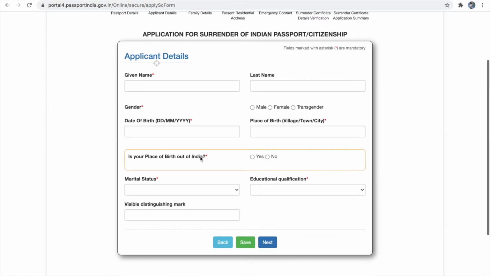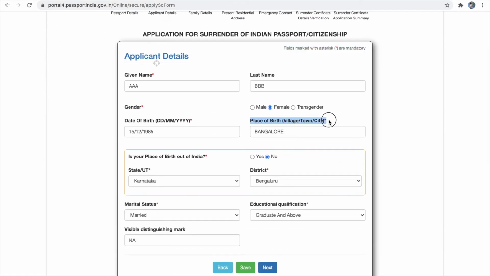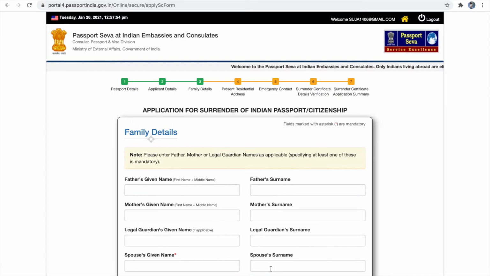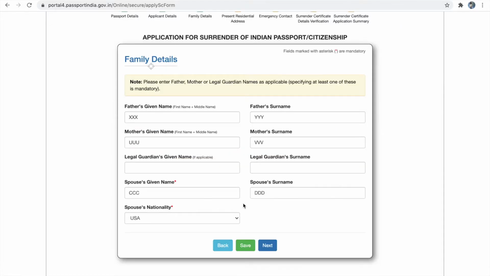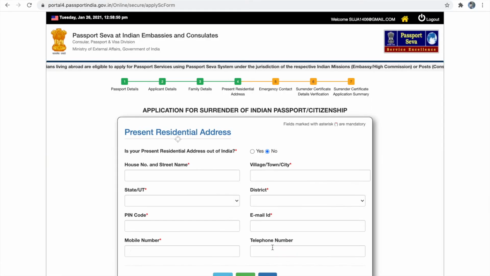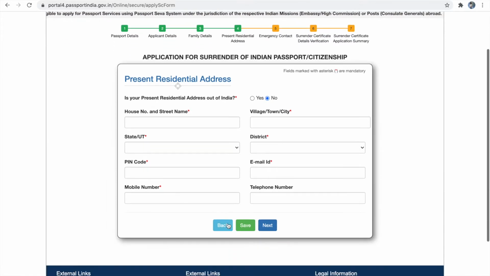Next is applicant's details. These are some basic information like date of birth, place of birth, marital status, educational qualification. Next is family details. You have to provide details about your family as it is in your passport. Next is the present residential address.